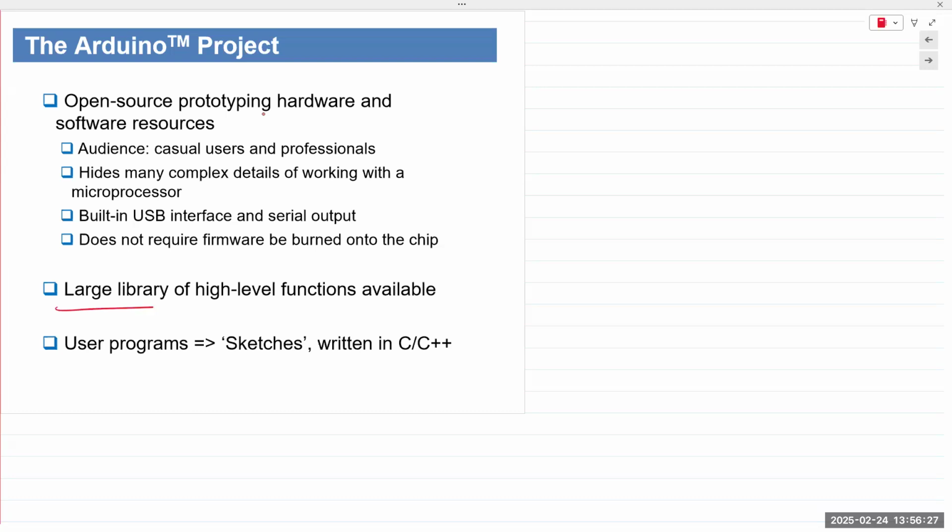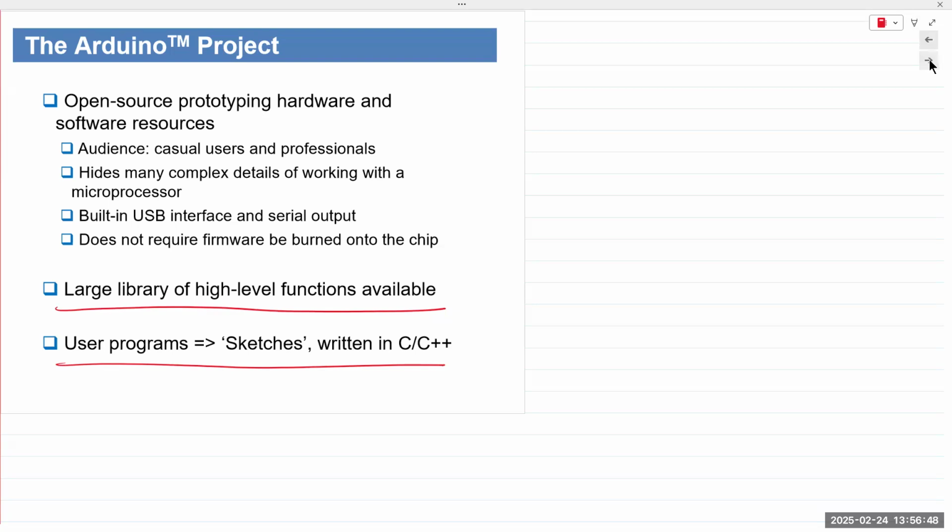So again, it has a large library of high-level functions that are available. It's an easy way to start learning about C programming. Okay, so the user programs are known as sketches. They're written in C or C++. It's a very easy way to start learning about C programming. So if that's something that piques your interest,